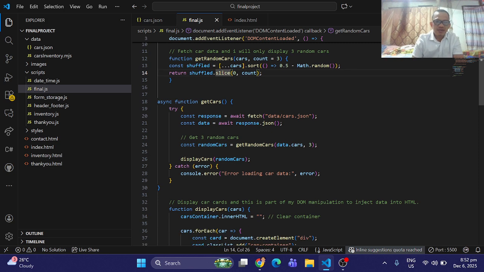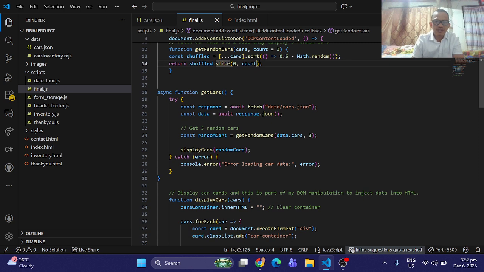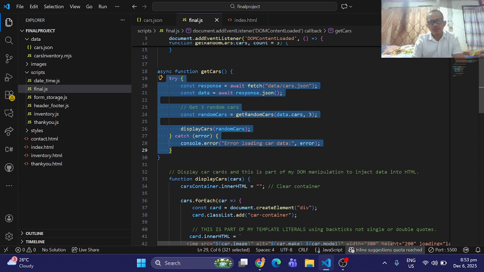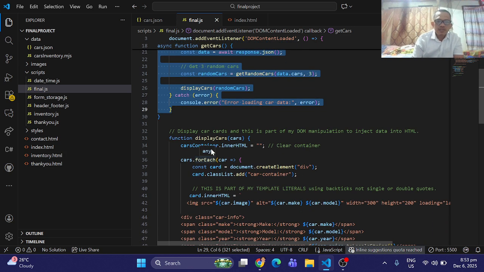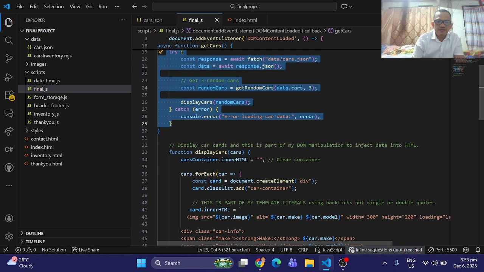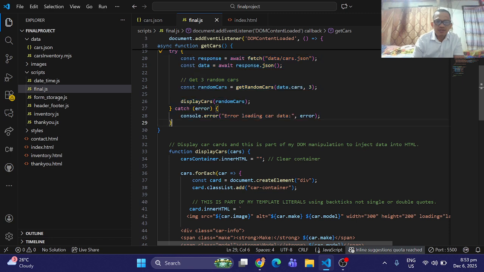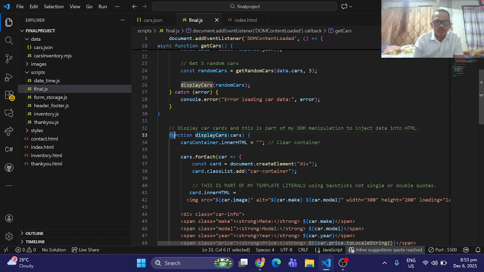And then I'm using the asynchronous function get cars, with a try and catch block for error or exception handling. If there are errors, then this will catch the error.